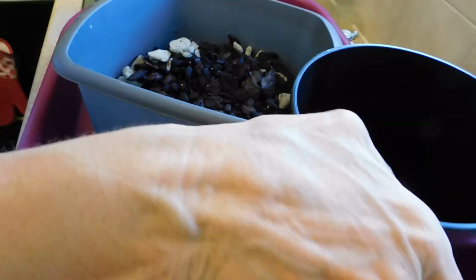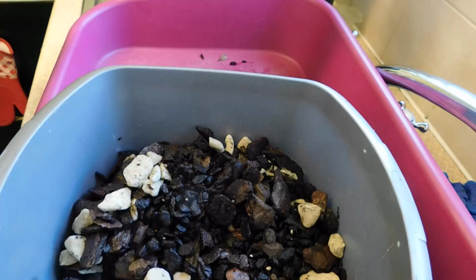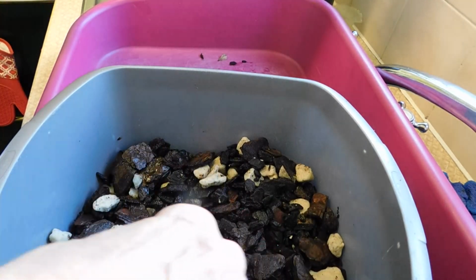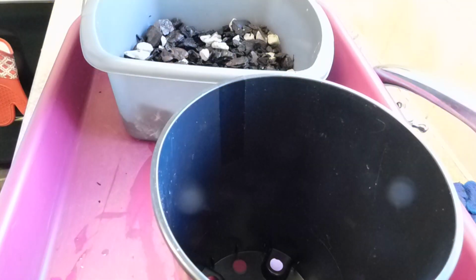So now let's just have a look at this media, because I don't think there's anything actually wrong with this media at all. So what I'm going to do is lay that on there so we don't damage anything, and I'm going to see if I can just put some in this large bark at the bottom. Yeah,